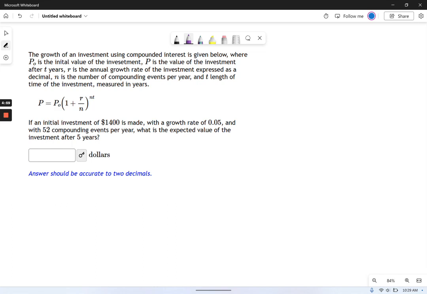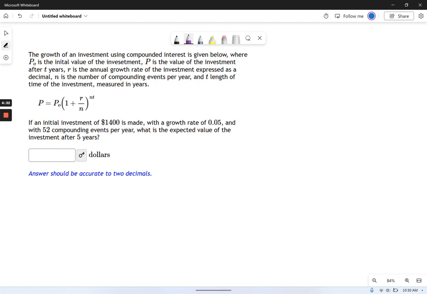If you plan on taking the ACT or the SAT or the Aspire test or any of these standardized math tests in high school, what you can expect to see at some point during the test is probably an equation you've never seen before, and they ask you to solve it given some numbers. So they're giving you the equation and they're giving you the numbers. They just want to know, do you know what to do in that situation? Do you know how to plug things in and evaluate it algebraically?